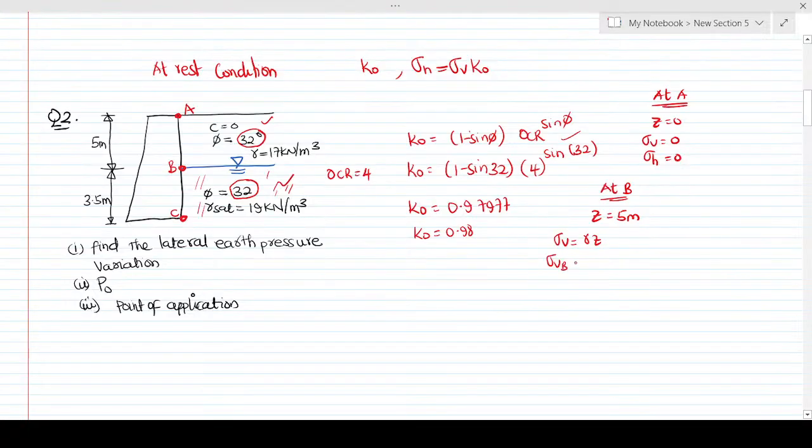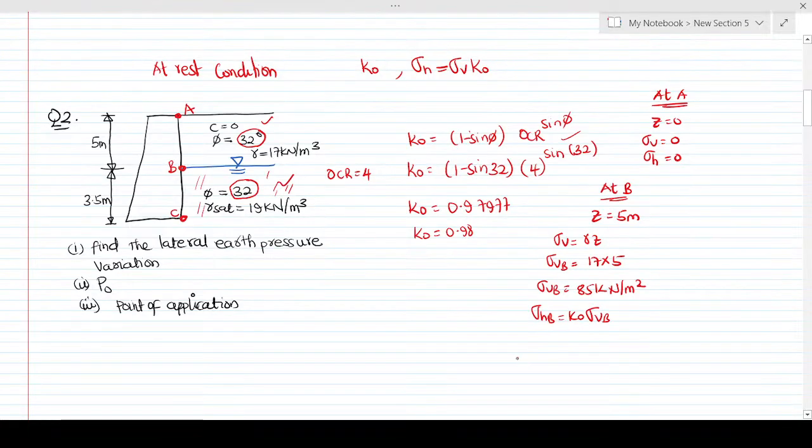So the vertical stress at B is 17 by 5, which is 85 kilonewton per meter squared, right? And if I want my lateral at B, my lateral at B is simply K naught times